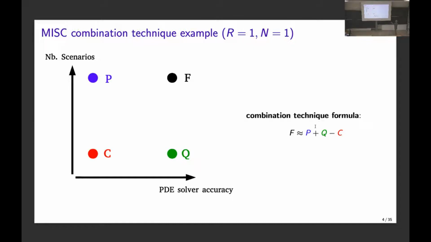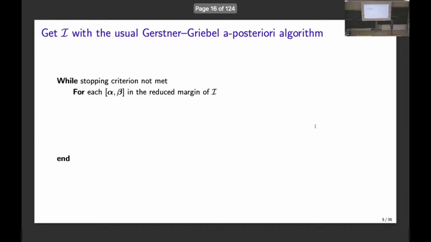The combination technique formula would tell me my UQ problem can be solved by taking solution P plus solution Q minus solution C. P would be a lot of samples on a coarse mesh. Q would be a few samples on the high mesh. C is a few samples on the coarse mesh. And the combination technique of these three F alpha beta would give me an approximation of F, which would be the final or most accurate solution, okay? But again, this is just to give you some intuition. If you're lost, no worries, because I'm not really dwelling too much into how MISC works if you want.